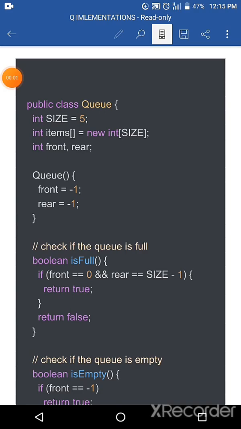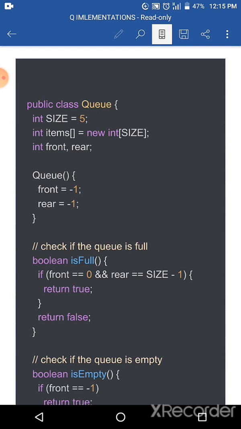In this session, we will discuss the queue data structure. What is a queue? A queue is a linear data structure with the property of first in, first out, otherwise, last in, last out. It has two ends. One is the rear end, to insert an element into the queue, and the other is the front end, from which we can remove an element from the queue.